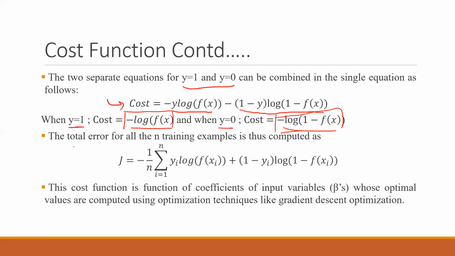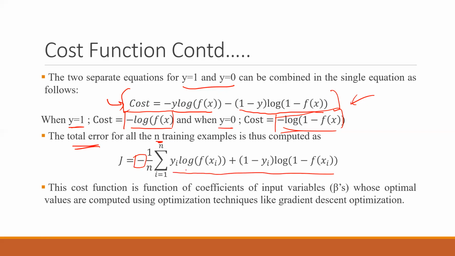Now, total error for all the n training samples. So this is only one, right? When you are putting a single value, it is for one. But if you want to do it for n training samples, you have to do the summation and you have to do 1 by n. In a way you are getting the average, but you are doing exactly the same thing. Now the minus is outside, it is common, but the overall equation has become positive inside.